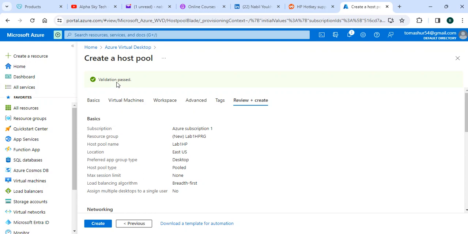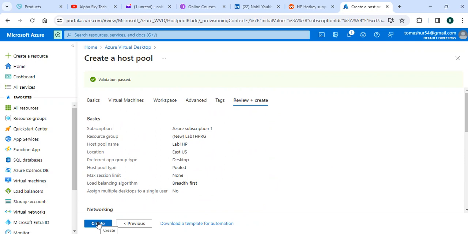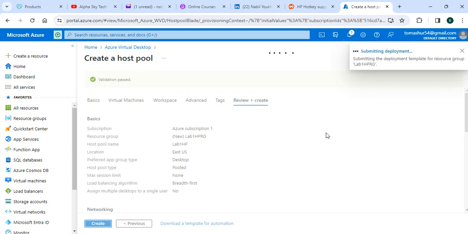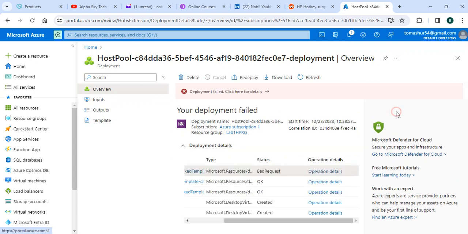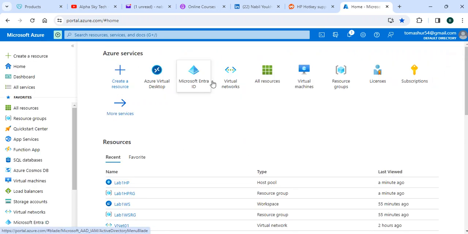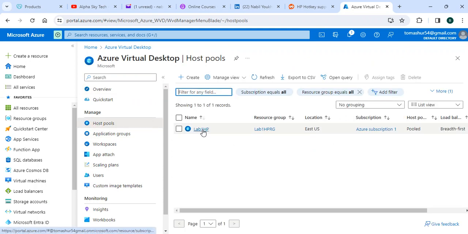And again it passed the validation, and the next stage we're going to go ahead and create. And the process is everything as it should be. It will go smoothly again if there's no restriction from Microsoft or anything regarding quota, as I mentioned to you previously. And folks, right away, as I mentioned to you during the process of this procedure of host pool,